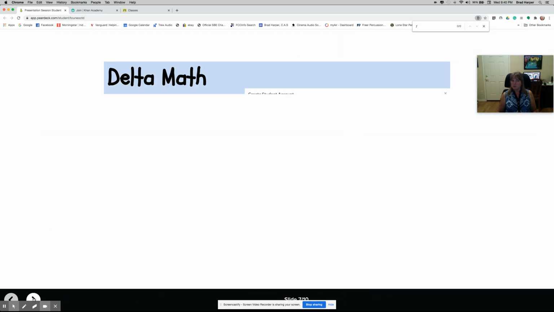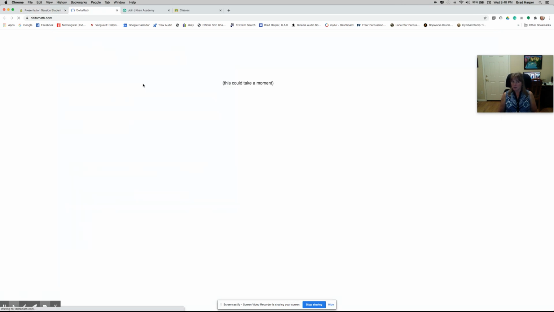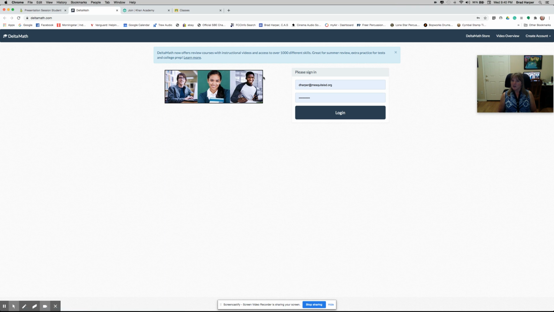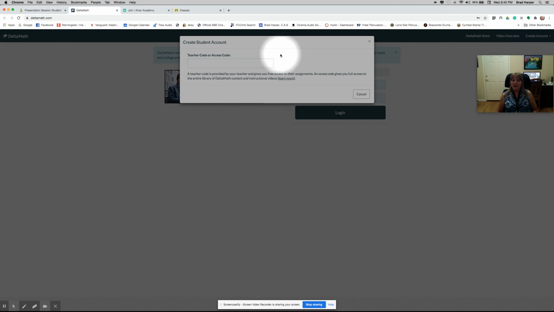And then the last platform is Delta Math. This is the code you're going to need, 313214. So when you click on the Delta Math, it's going to bring up a screen. You're going to go all the way over here to create account and click it and pick student. And then this is the box where you're going to enter that code,